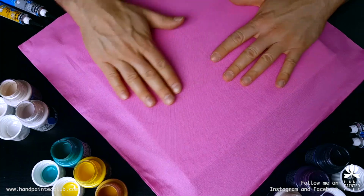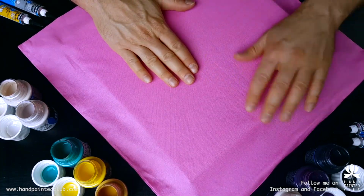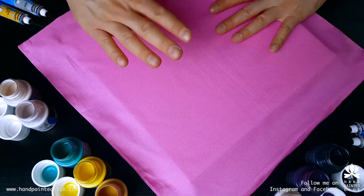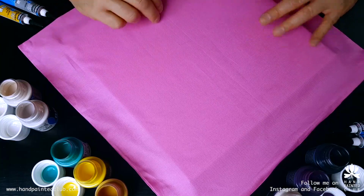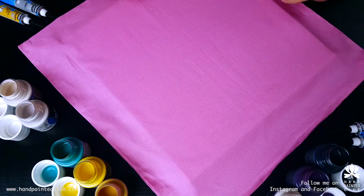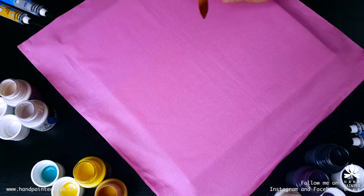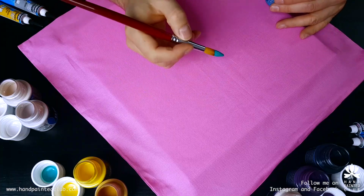So now, as you can see, I got you on a close-up. We've got my prepared pillow case with a piece of canvas in between the layers of the material, so nothing transfers on the other side. Ready, all the paints are shaken and opened, so I can start. So what I'm going to do, probably, I won't use all of the paints, but I'm going to draw